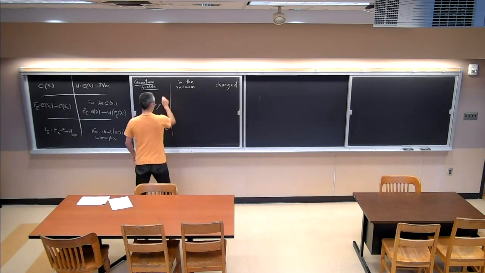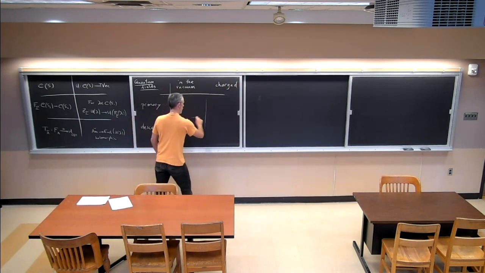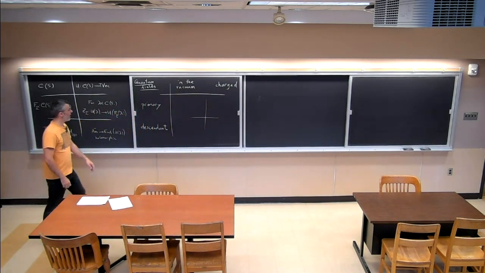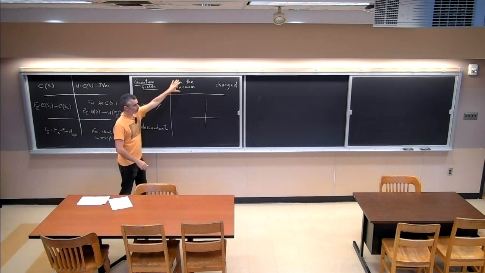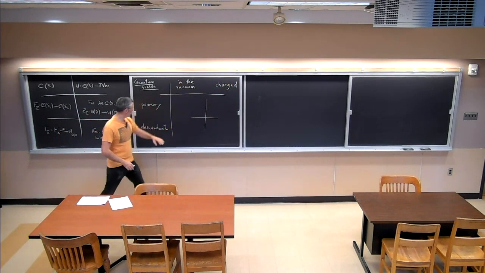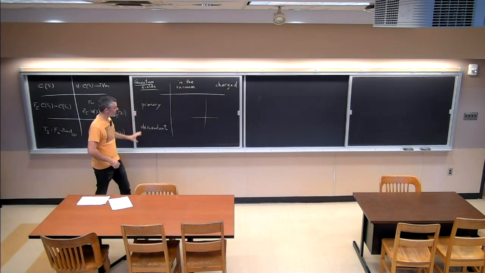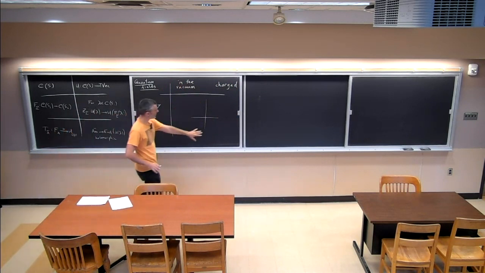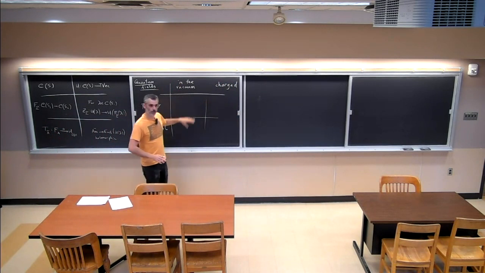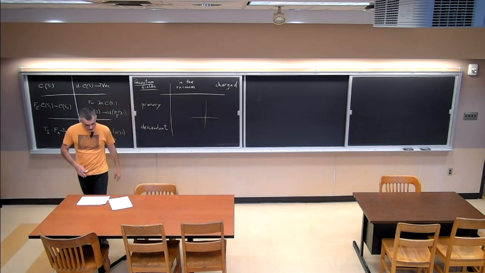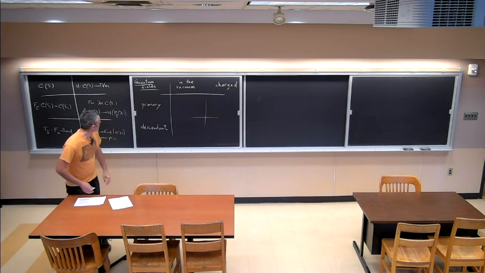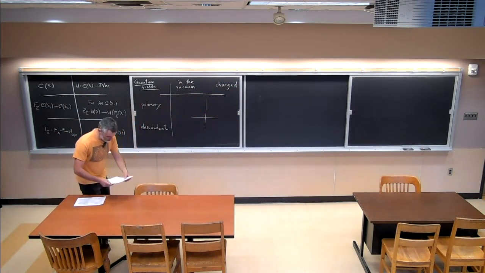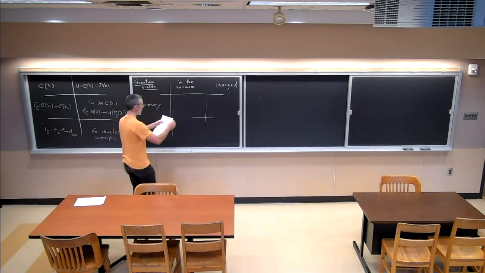This is really 4 different categories. A quantum field can be primary and in the vacuum, primary and charged, descendant and in the vacuum, or descendant and charged. Like 4 different things, this being the most general one, all of the other ones being special cases of it. Something which is primary and in the vacuum will satisfy